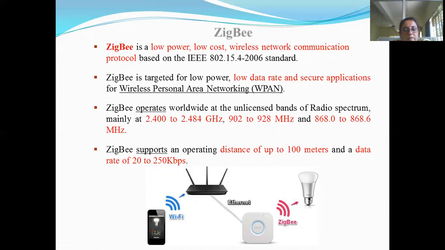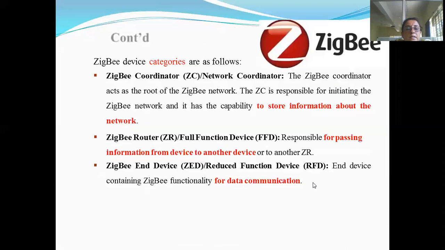And basically it is wireless, so they operate on radio frequencies. The radio frequencies are in the range of 2.400 to 2.484 gigahertz or 902 to 928 megahertz, right? If you want to apply this technology in an embedded system, you have to understand that in Zigbee technology, there are 3 main components required. What are those 3 main components?